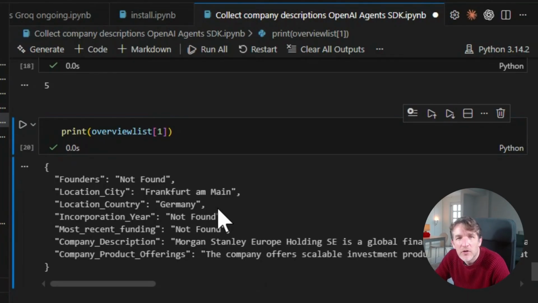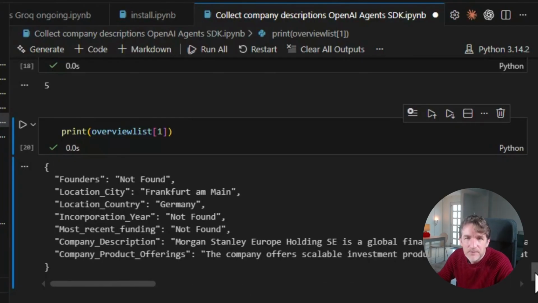And this is quite logical because the companies actually are quite old companies. So this is not really the typical startup companies with funding and stuff like that. So that it doesn't find some information is okay. It's actually better than that it would make up information here. So already hallucination seems to be quite limited. And again, you see that every time I get a nice company description and a nice description of the company